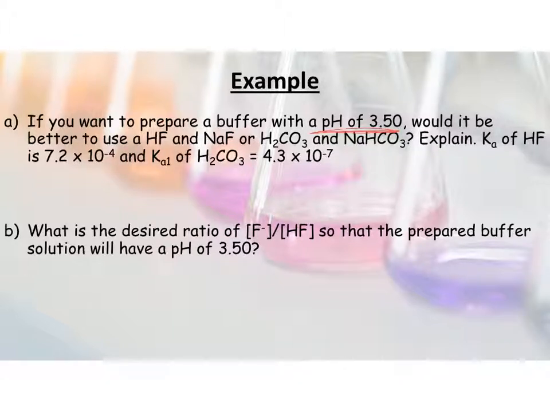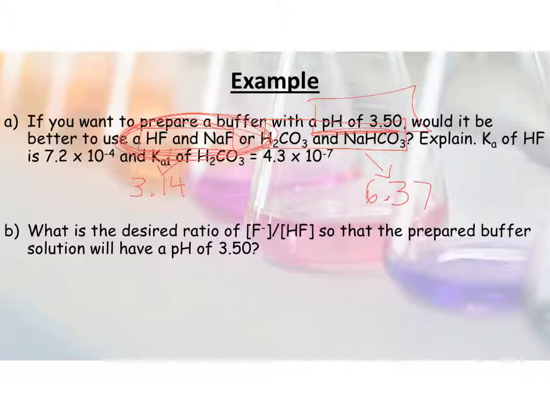All right, now looking at this example, we want a buffer with a pH of 3.5. We need to find out if the HF-NaF pair or the H2CO3-NaHCO3 pair is going to be better. We're given the Kas for both of these acids. So if you get the pKa's of these acids, for HF the pKa ends up being 3.14, and for H2CO3 the pKa ends up being 6.37. So if we want a pH of 3.5, we definitely want to go with the HF-NaF conjugate pair